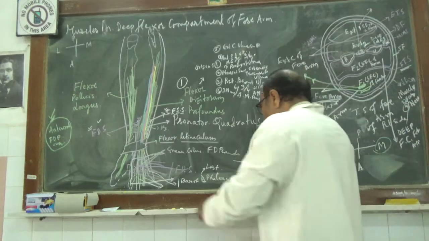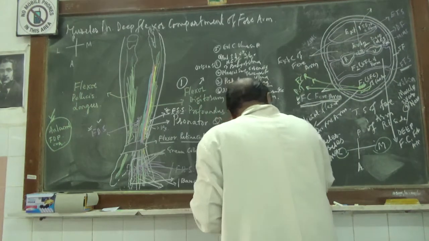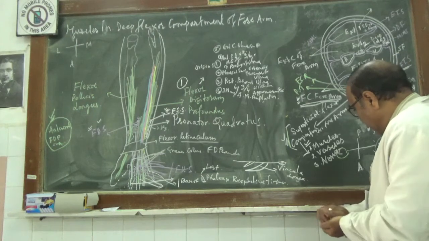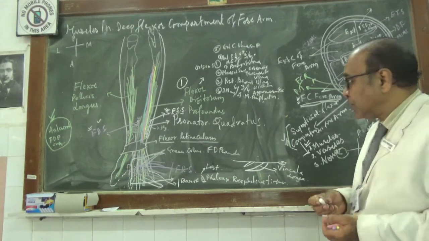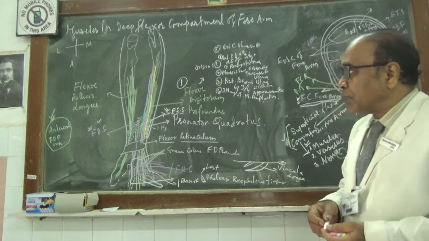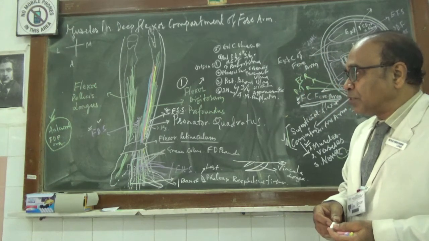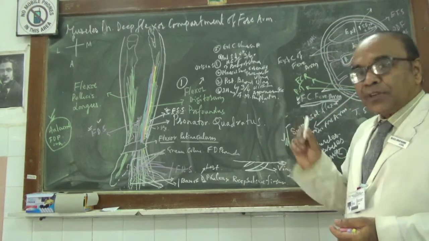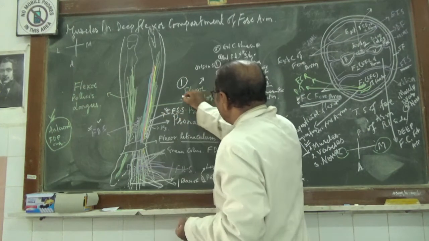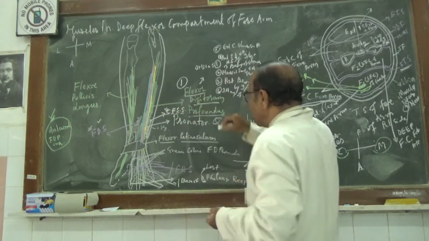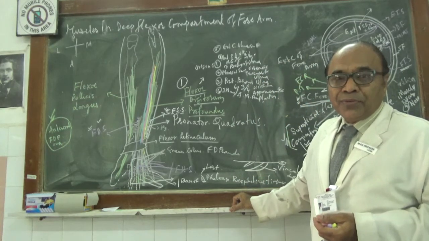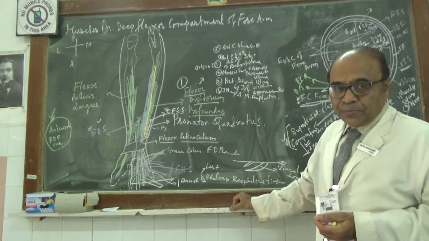Now we will go for the relations of the flexor digitorum profundus. In our last class we had finished the relations of the flexor digitorum profundus in front. But now we have to go to the relations of the flexor digitorum profundus behind. Behind, the flexor digitorum profundus is related to